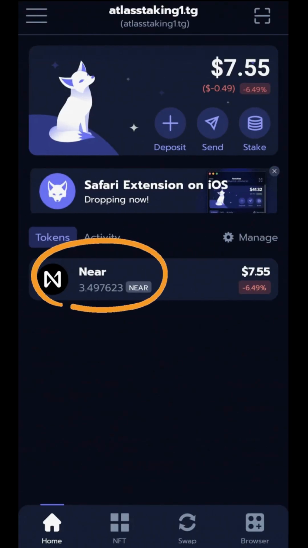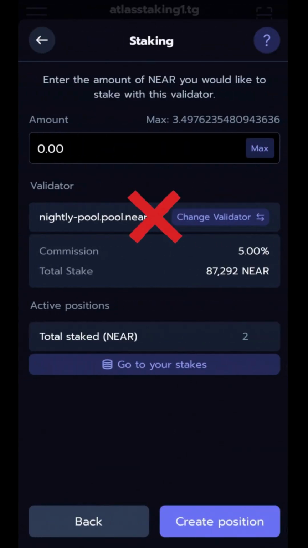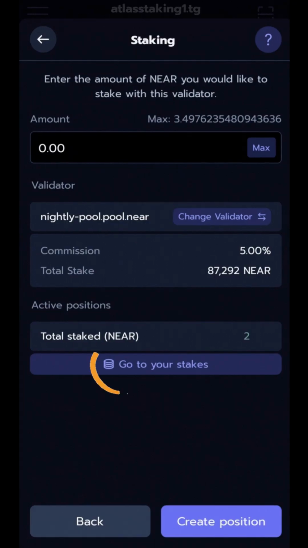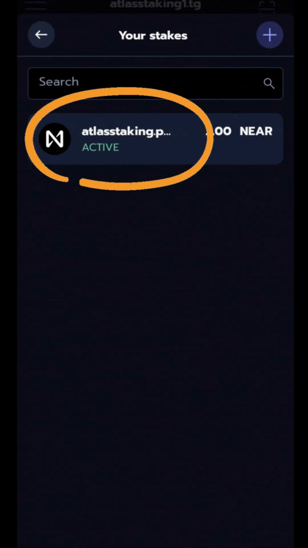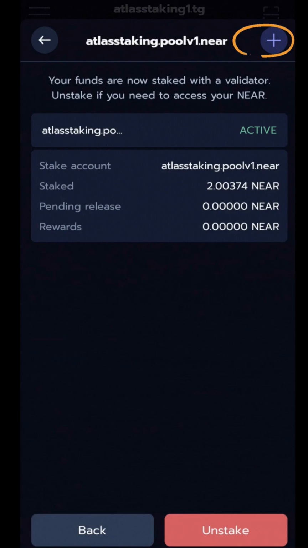To access your staked tokens, click on your NEAR position on the wallet homepage. Then tap the button that says Stake. Nightly tries to get your attention again by showing you their pool, and again, as a gentle reminder, please do not stake with wallet provider validators. Tap the button that says Go to your stakes. Here you'll see your staked position, so tap the Atlas Staking pool. And here is where you see your staked tokens and the pool info. And if you want to add to the pool and stake more, you simply click that plus button in the